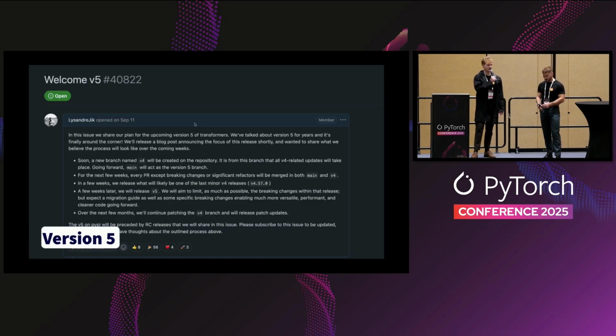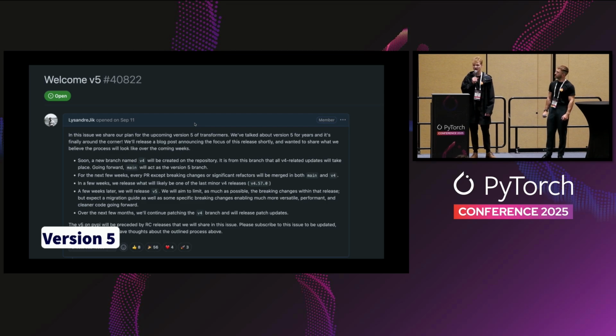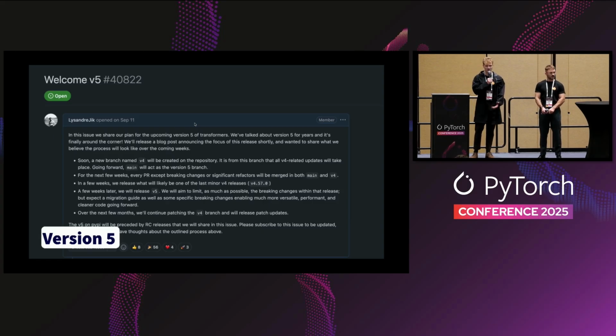And now we're announcing that we're moving towards version 5 of Transformers. This is a pretty big milestone for us because, as we've been saying, V4 has been stable for a while now, more than 4 years. And so it's a bit of a risk because we have to change some stuff. But the AI ecosystem is evolving so fast that we just end up not having a choice, right? There are many, many things that the community wants from us that we couldn't have done without having a breaking release. And that's why we're moving forward to V5.